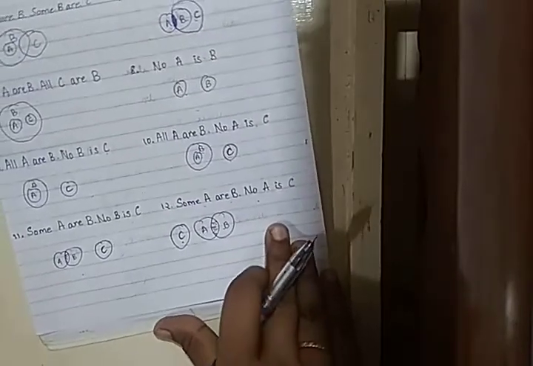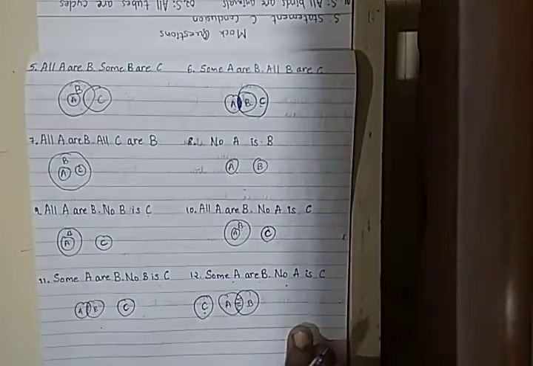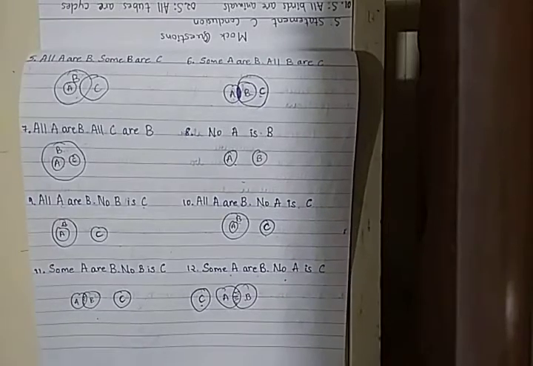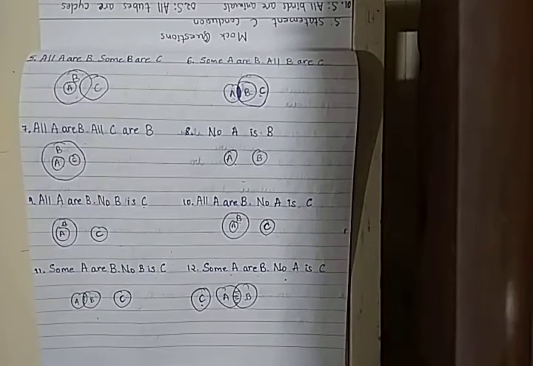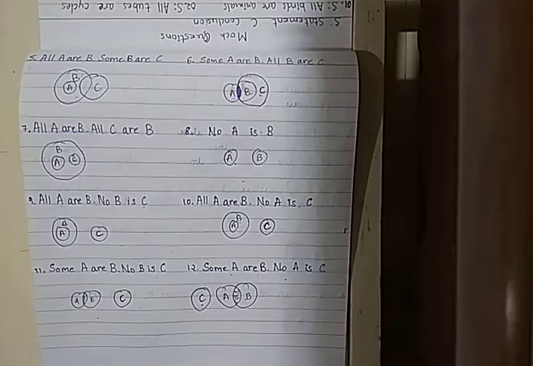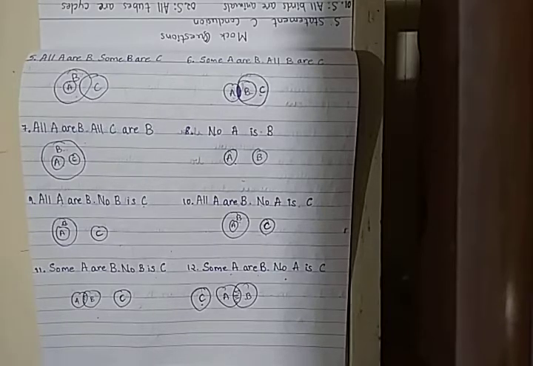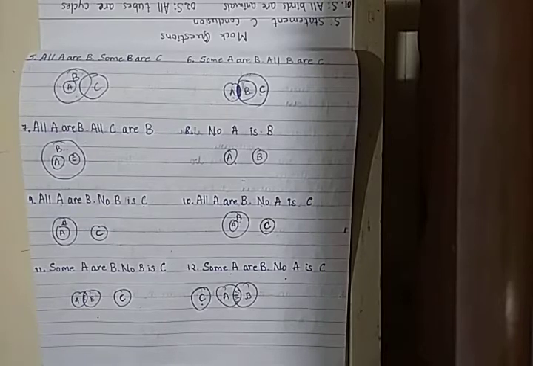So these are the possible Venn diagrams that you may face in the examination. There may be 2 to 3 questions, or sometimes you have to understand the question and then draw the Venn diagrams and solve the questions. So now I will take some possible questions, how they will be, and let's solve those questions.